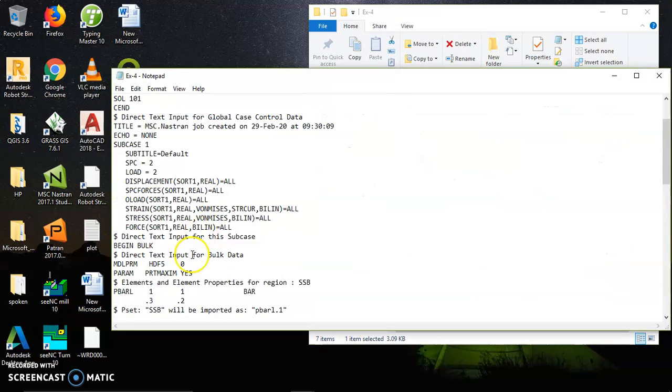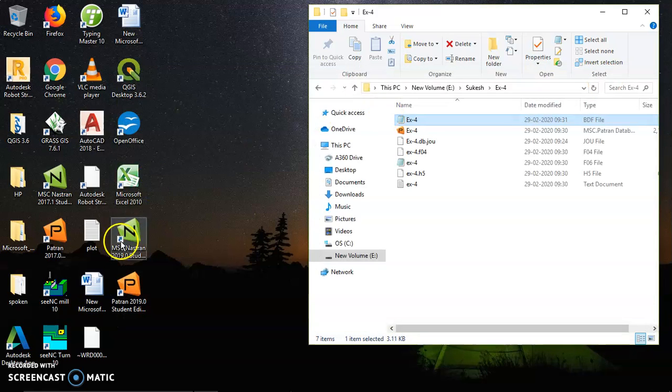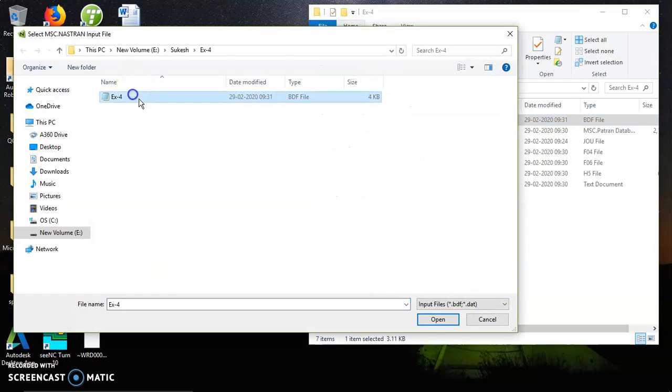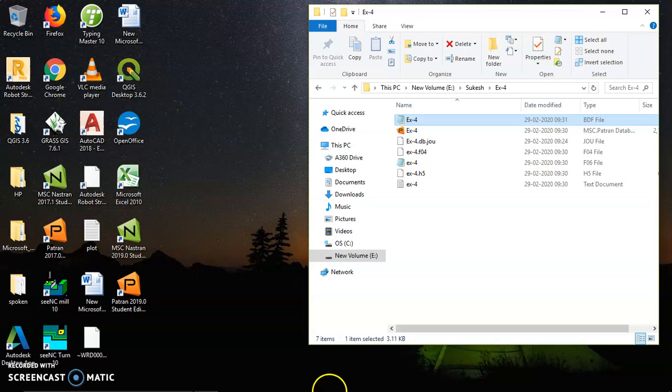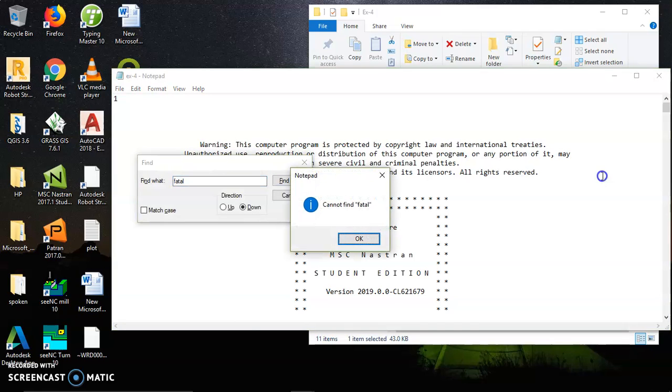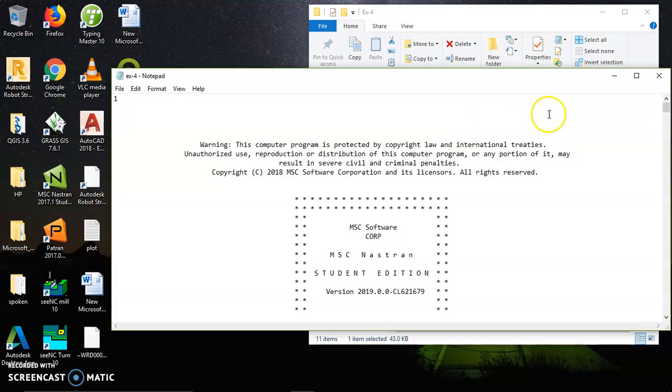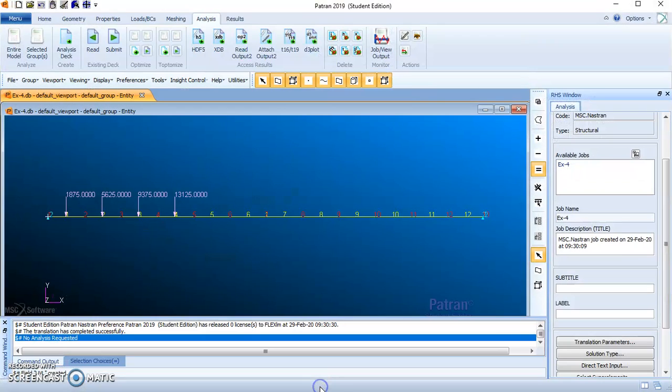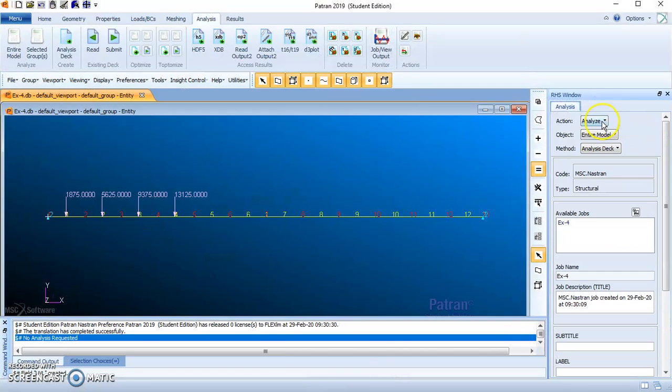Open PDF file, scroll down, next to the param line, paste that sentence, save, run the file again. It's solved. Again check for error, Control F, fatal. Now there is no error in the file. If you do not have error, you can directly come to Patran window and access the results.